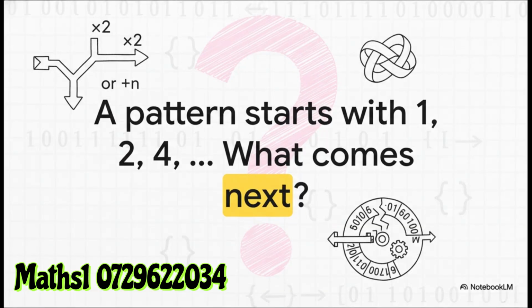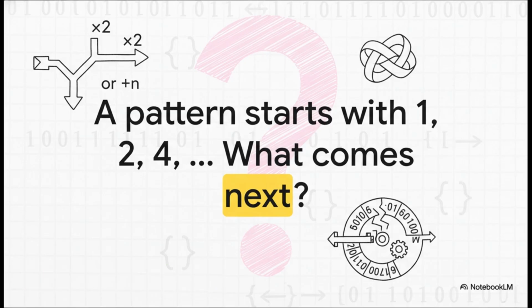So I'll leave you with one last puzzle to chew on. A pattern starts with 1, 2, 4. What do you think comes next? Is it 8 because you're doubling each time? Or could it be something else entirely? As it turns out, sometimes